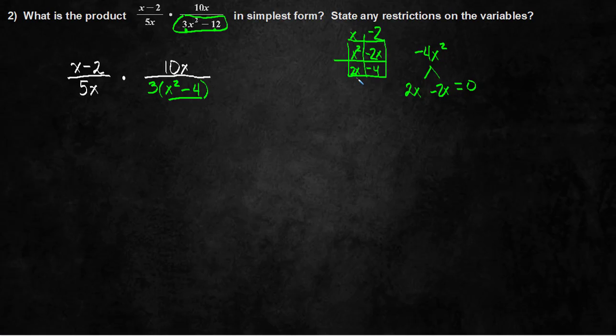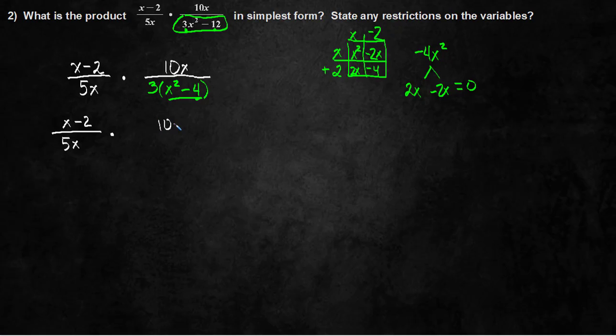And again, when we're using the box, remember we're looking for what is in common in this row. And this row has an x in common between the two, so we're going to factor that out. What is in common in this column of negative 2x and negative 4? Well, a negative 2 will divide into both evenly, and we go with the sign of what's closest. So x and negative 2x is going to be an x. 2 and negative 4 is a 2, and it's positive that's closest. And so I'm going to go ahead and write these factors in this spot. And so we have x minus 2 divided by 5x